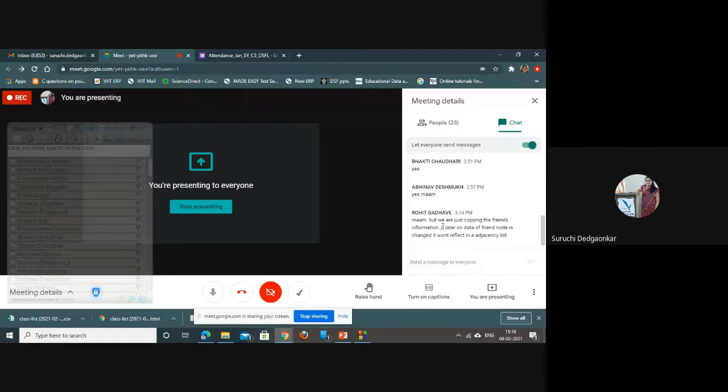Rohit is having a doubt: ma'am, we are just copying the friend's information, and if later on the data of the friend node is changed, it won't reflect in the adjacency list. Yes, actually Rohit, in the friends relation, we are mostly interested only in the name.